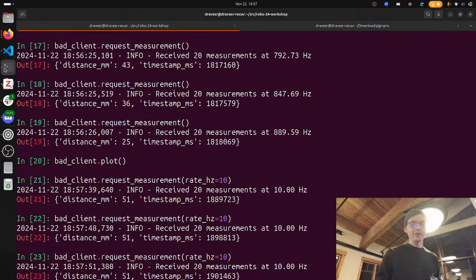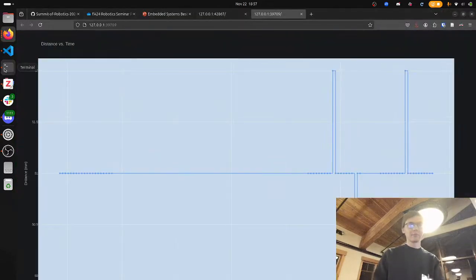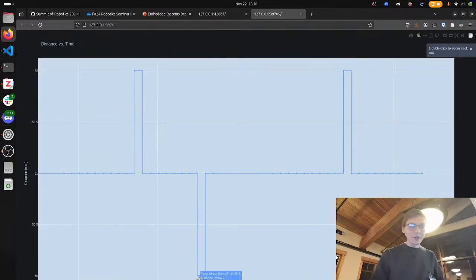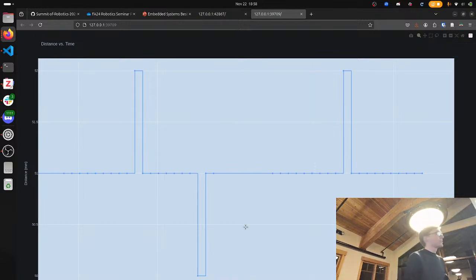And if we plot this and go back to your browser as you run this, if you feel so inclined, it'll go to your default browser when it plots this, by the way. So just open up your default browser and it'll automatically open for you. And we can see now that we have really good values. We have a little bit of noise, a noise at a value of 1 millimeter, but otherwise it's reading out very consistently.